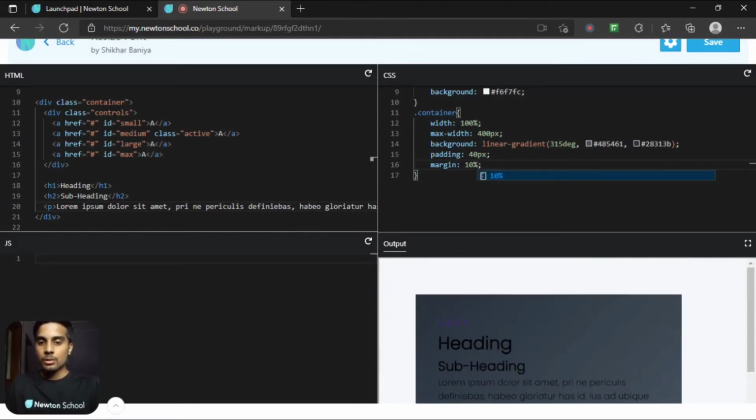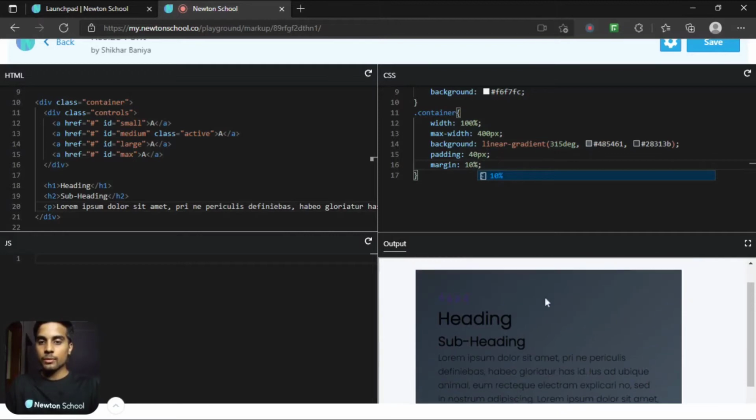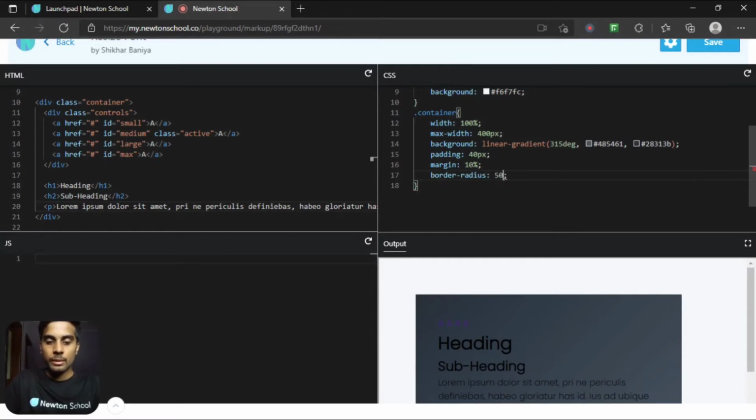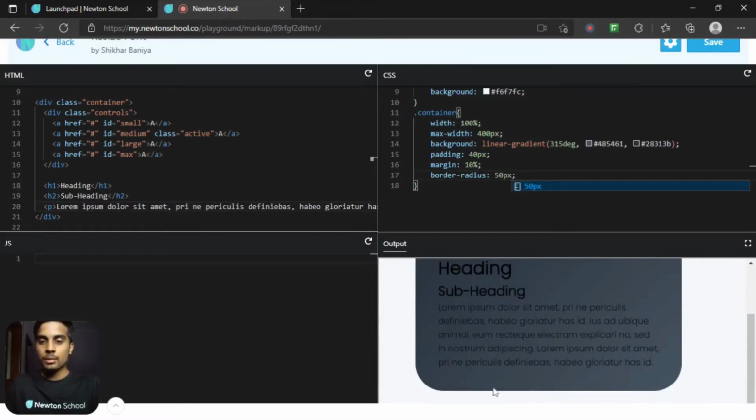Next, I want to add a shadow behind, but before that, let me add the border radius property of 50 pixel. So we got the border as circular.